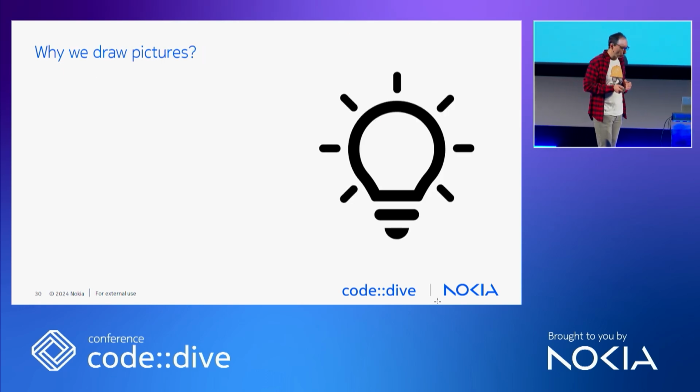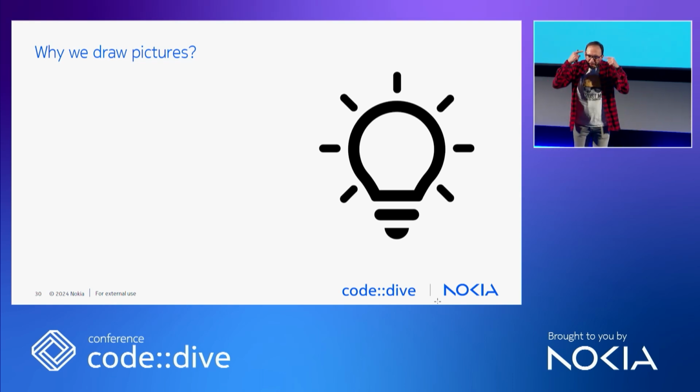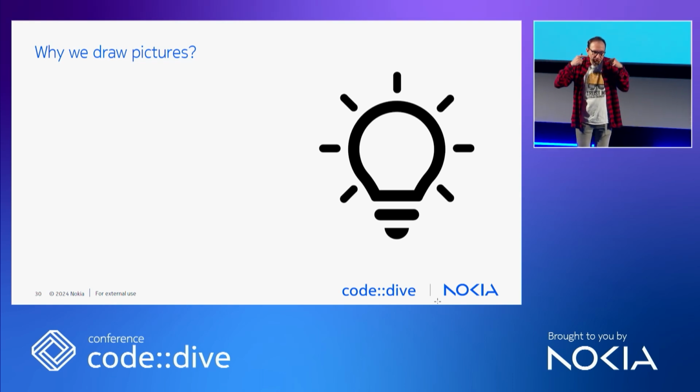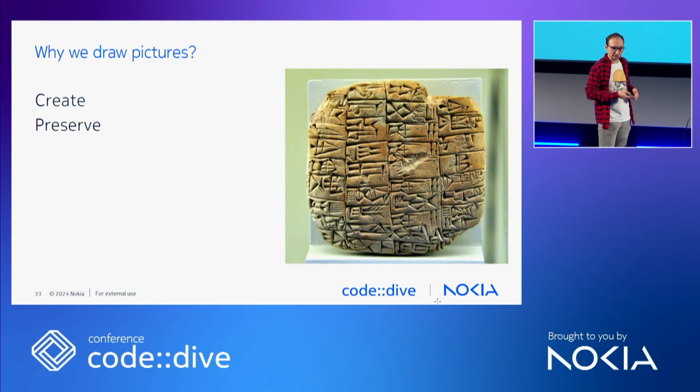Why do we do those? Well, I do it for money. I'm a software architect, so they pay me for doing things like that. But there is, of course, apart from this ulterior motive, something else behind. You see, inventing architecture in your head is just the first step of my work. Then I have to create it. And by creating, we usually mean preserve, so put it in some permanent form, because we need to communicate it.